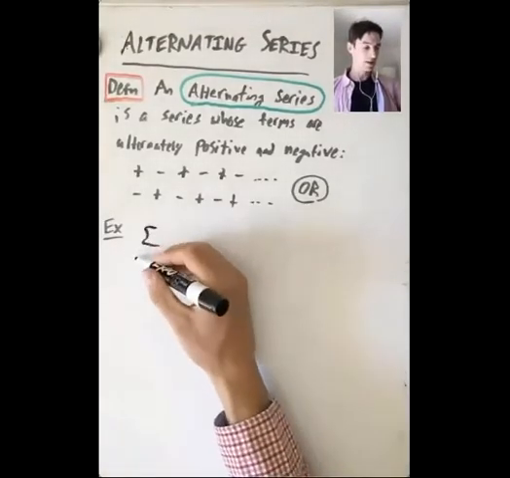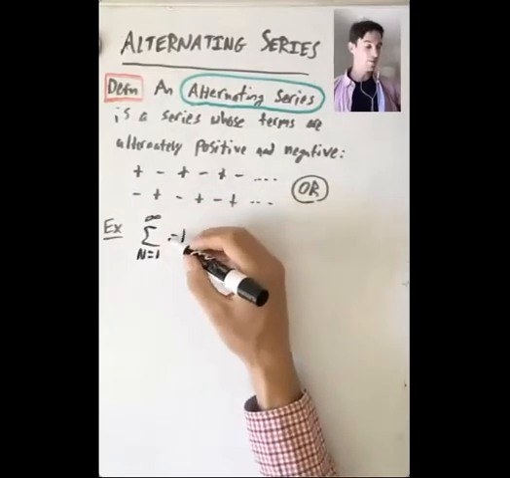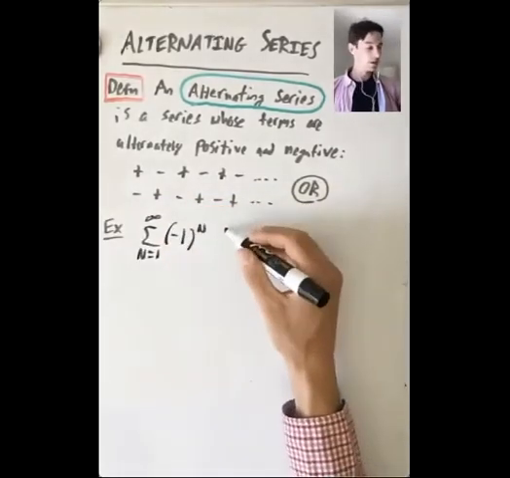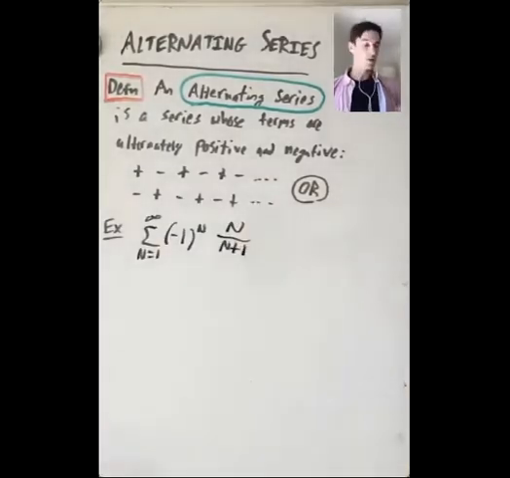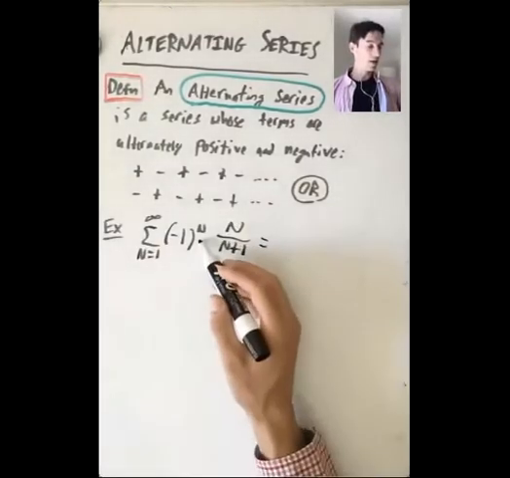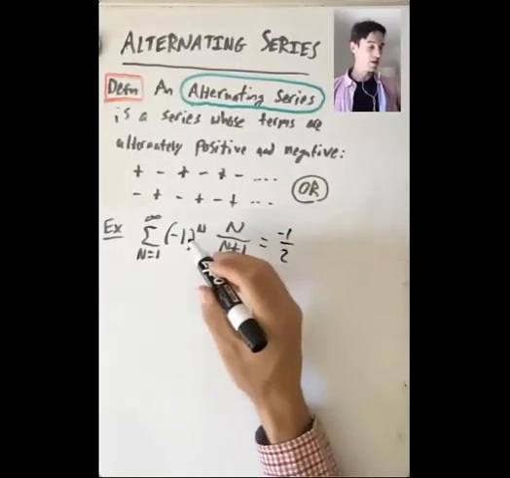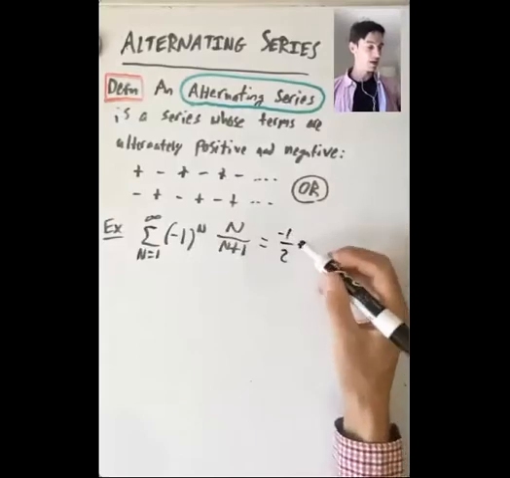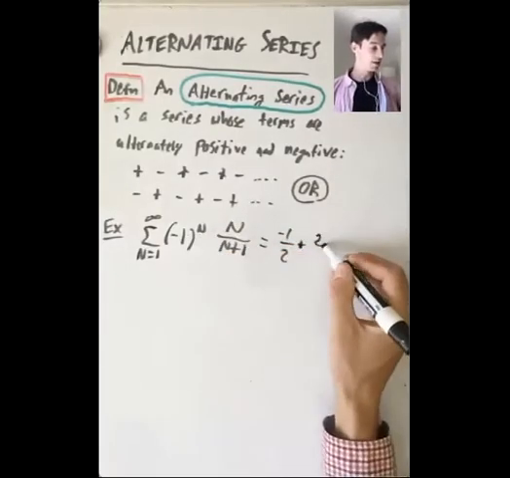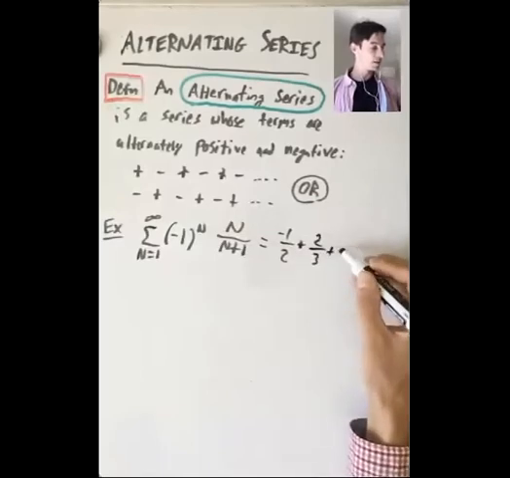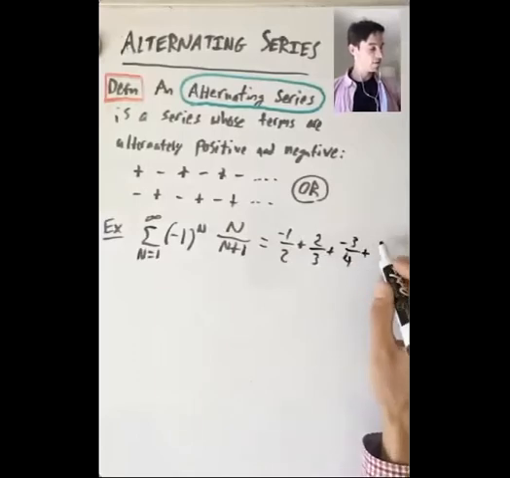Let's take the series that is the sum from n equals 1 to infinity of minus 1 to the nth power times n over n plus 1. So what does this series look like? Well, minus 1 to the 1 is minus 1, and then we get a minus 1 times 1 over 2, plus minus 1 to the 2 is 1, and then 2 over 3, plus minus 3 over 4, plus 4 over 5,